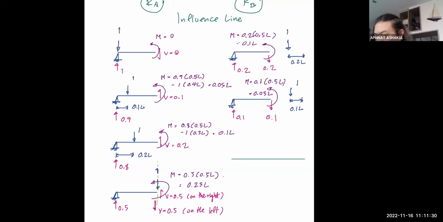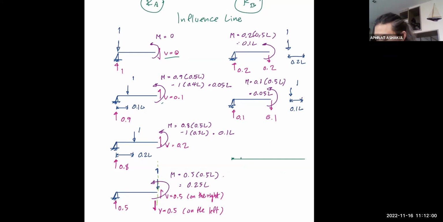Remember, the y ordinate will show the magnitude of the shear at midspan, while the x ordinate will be the placement of the load. So when the load is here at 0, our shear is 0. When I move the load to 0.1,